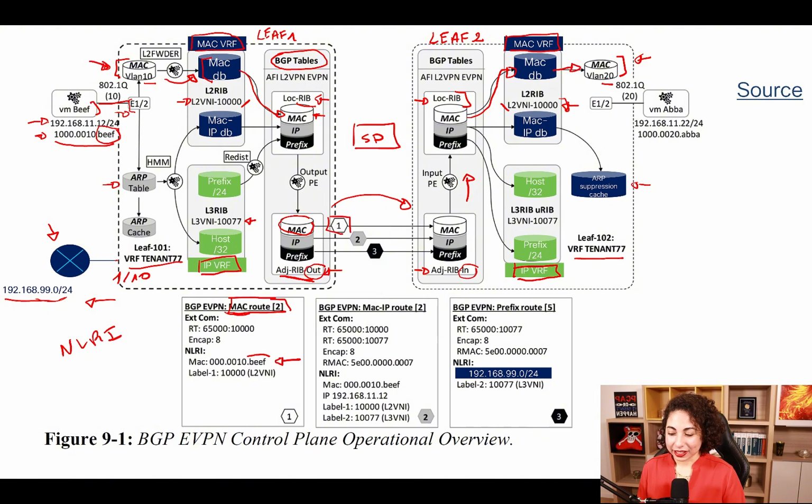Now we are advertising the MAC to IP correspondence. So you remember everything started with our VM sending up traffic. And this time it is important that it is a kind of ARP or GARP or something like that, because previously, when we were seeing and understanding the learning and the propagation of the MAC address, it didn't matter if it was ARP or something else, because for the learning of the locally attached end hosts,